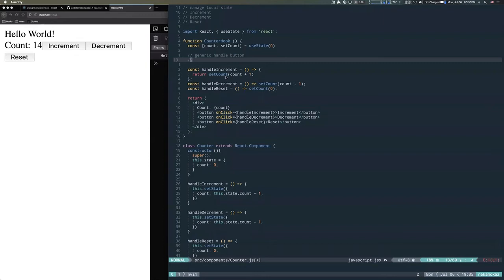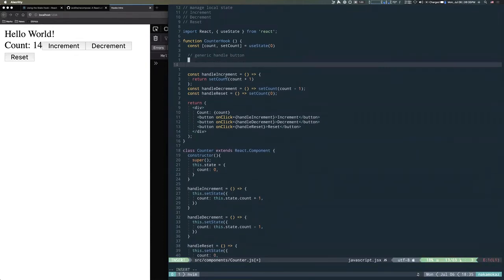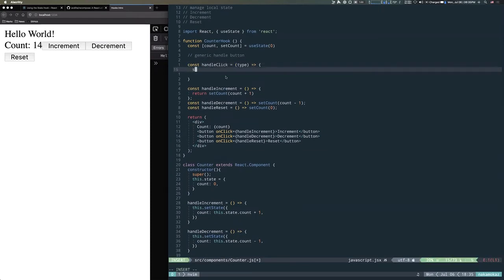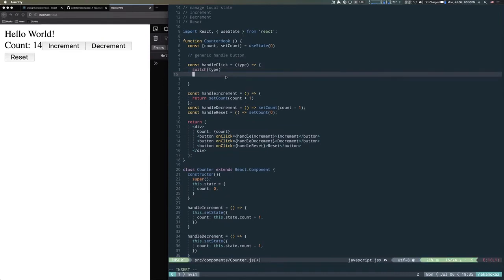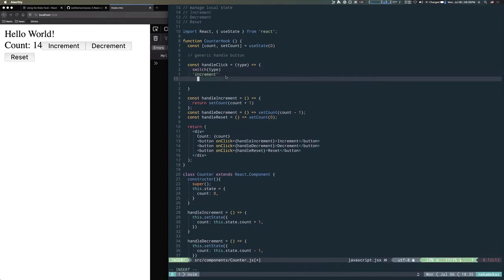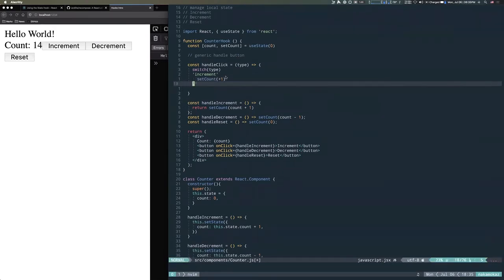I guess that's sort of like abstracting or getting more fancy. So sort of saying, if we had some sort of really big handle click function that maybe takes in the type, and then based on that we can switch on that type, like if it's increment, then do the set count, something like that. Sure. Or maybe on an attribute of the button, like give it a name or a value or something like that, and then target or something like,